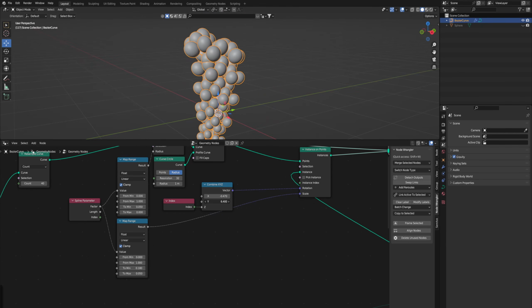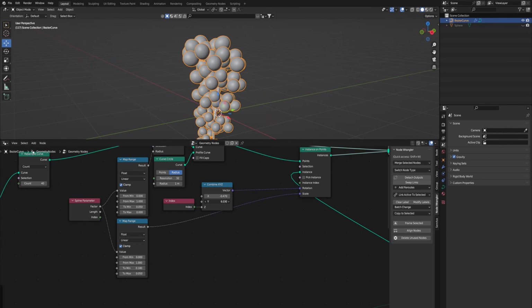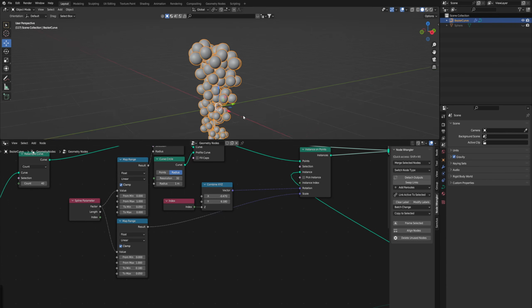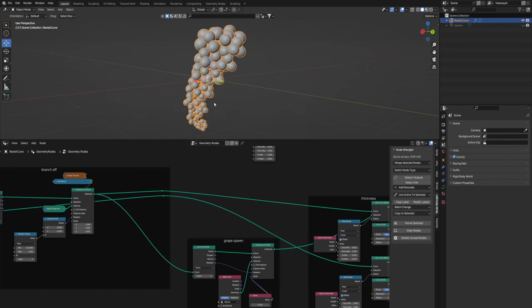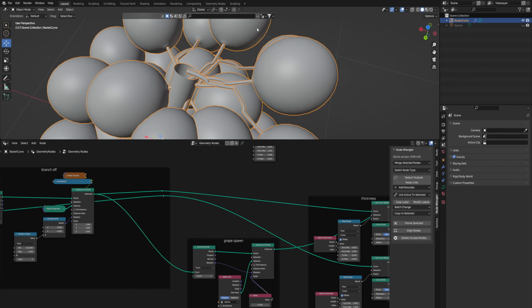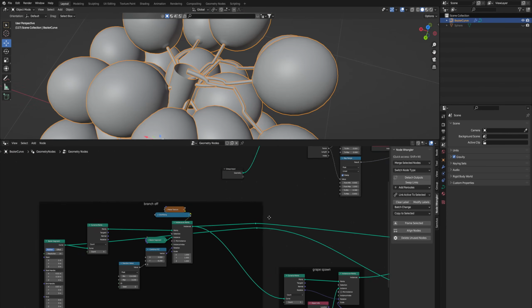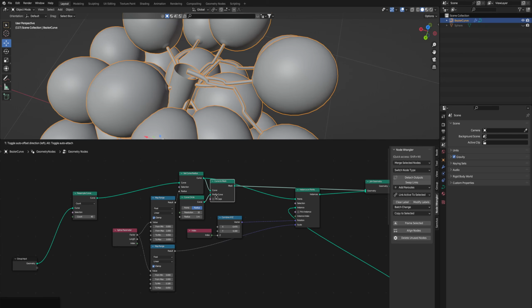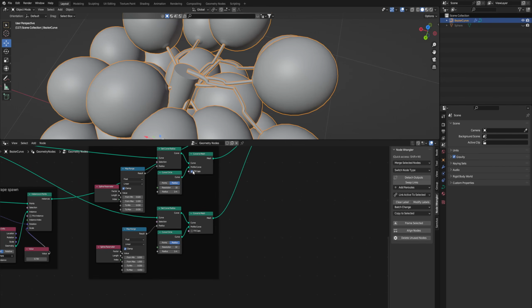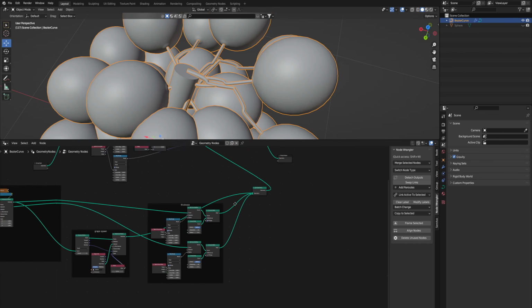It's really just a matter of balancing it, trying to see which values look good. Okay, so now we have the taper, we have the instances, we have the thickness on these little branches. Just one more thing too: on any curve that you do with the curve to mesh, just click fill caps. It just makes it a bit cleaner. I'll show you guys how to make an end cap on that too.